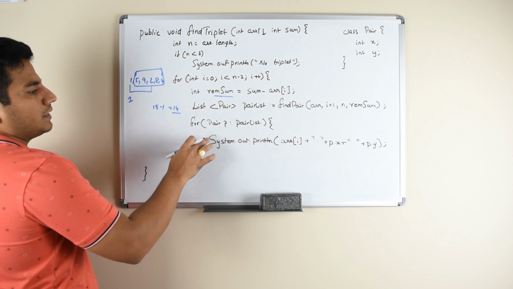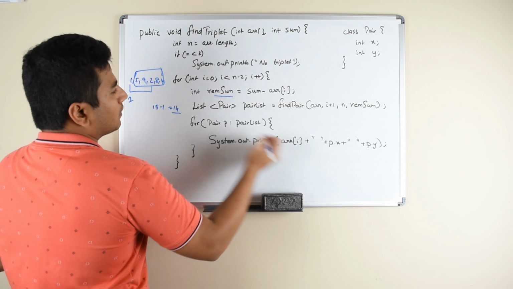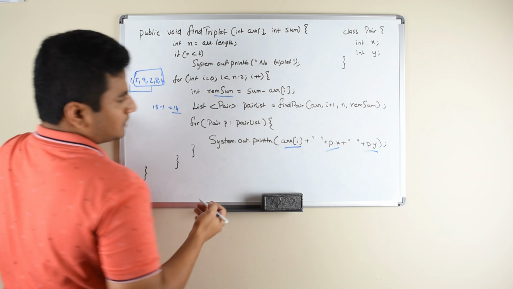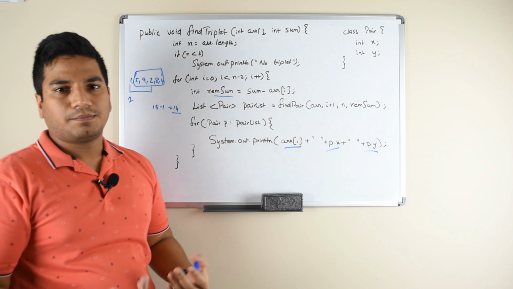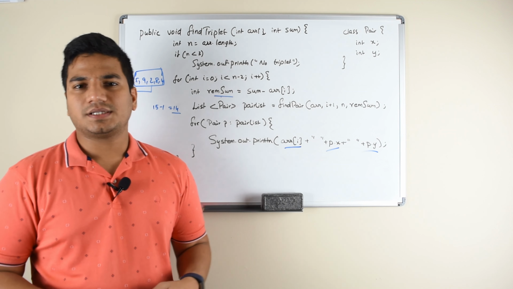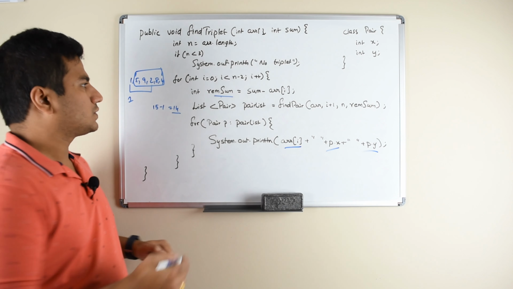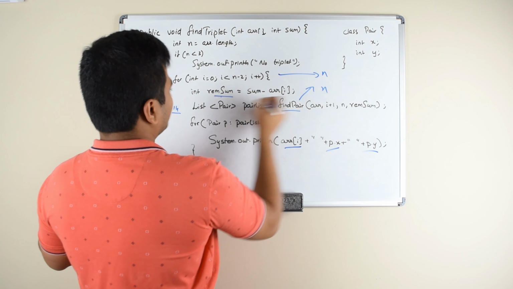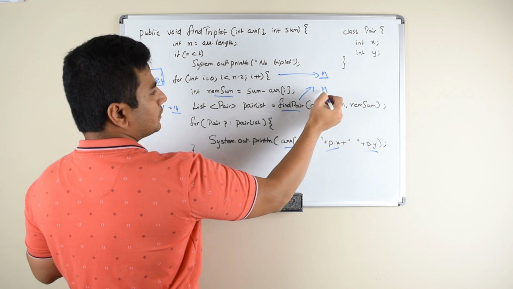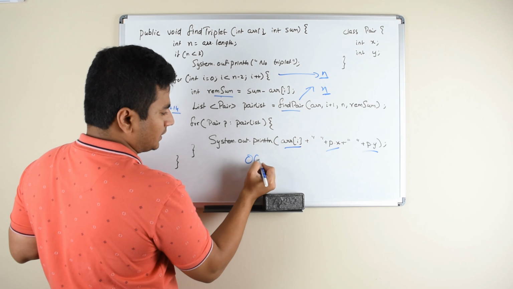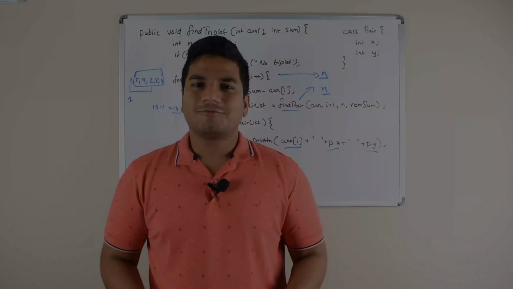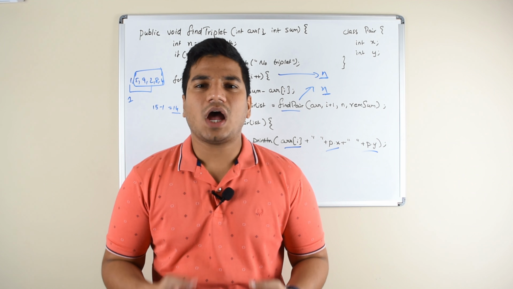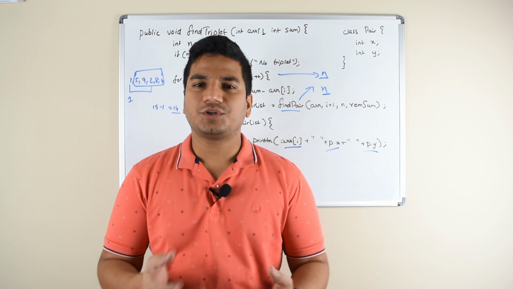So once you get the pair list, you just print the current position which we picked, array of I, and then the pair elements. This forms a triplet which adds up to the given sum. The time complexity of this approach is O of n square, as I said previously. So n from this loop and then n from this find pair. So for every element in the loop, you are doing an operation over the rest. So the total time complexity is O of n square. We can further optimize this approach and get it to O of n log n. I'm going to show you how to do that in my next video. So stay tuned for that video.